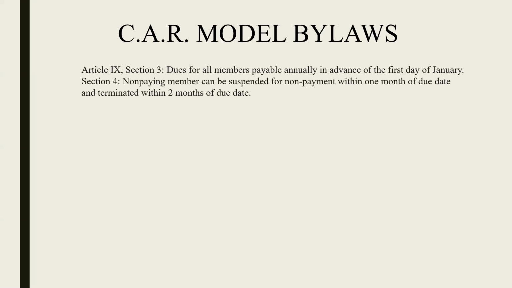And so what this means is the dues are due every year on or before January 1st, and local associations can choose to inactivate unpaid members within 30 days after the due date, which would be January 31st, right? But all unpaid members